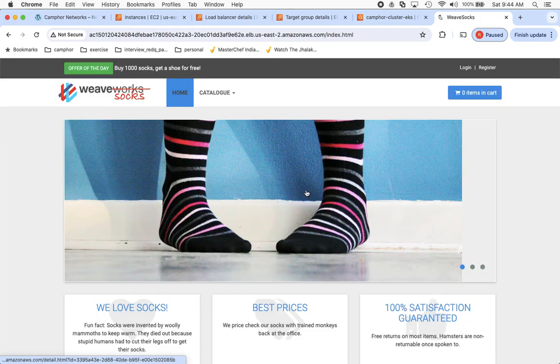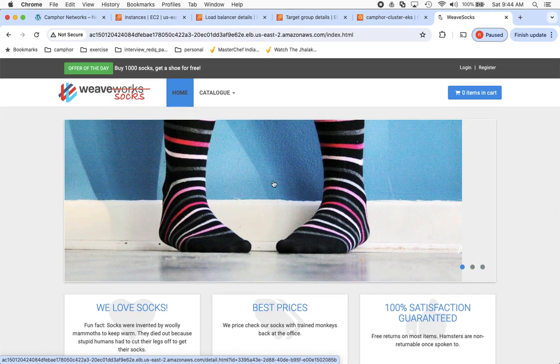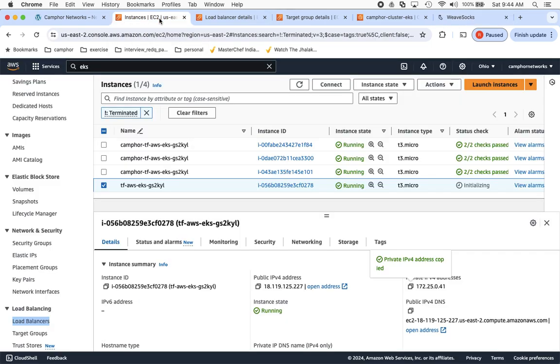Okay, but you can see that for this web application to work through this load balancer URL launched by Kubernetes through AWS gateways, this is just unbelievable. This is ready for deployment. I think this is a groundbreaking technology. I don't believe there's any other company or any other product which can do what Camphor Multicloud Gateway can do. This is as seamless as you possibly can get. Once again, guys,